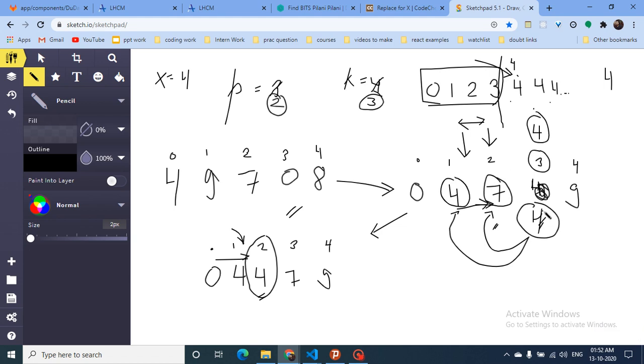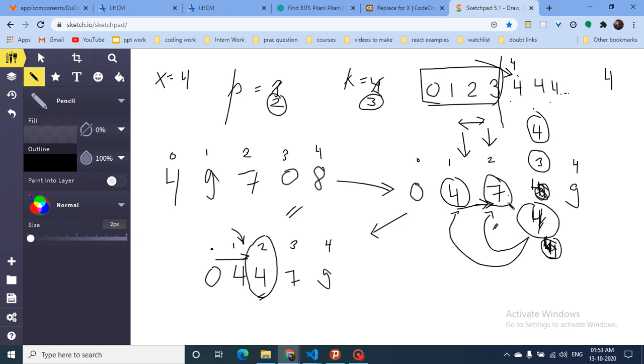But as you can observe, here I want 4 at this position. Let's assume I want 9 at this position.